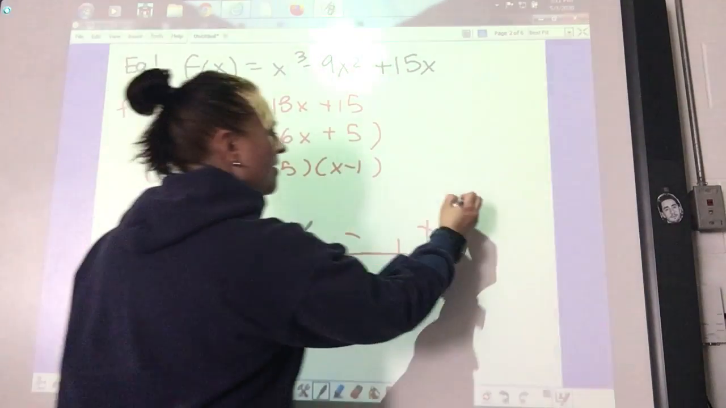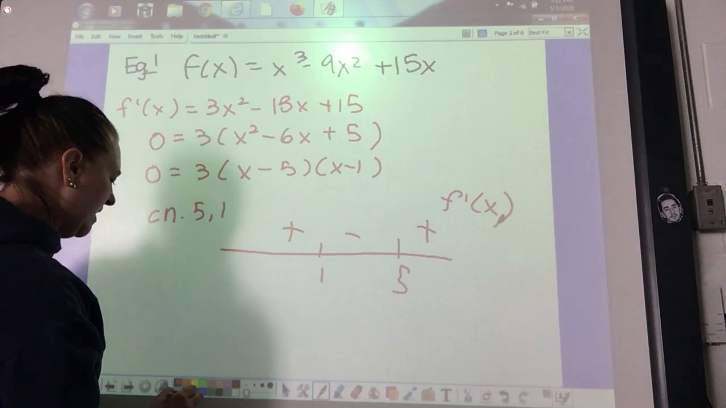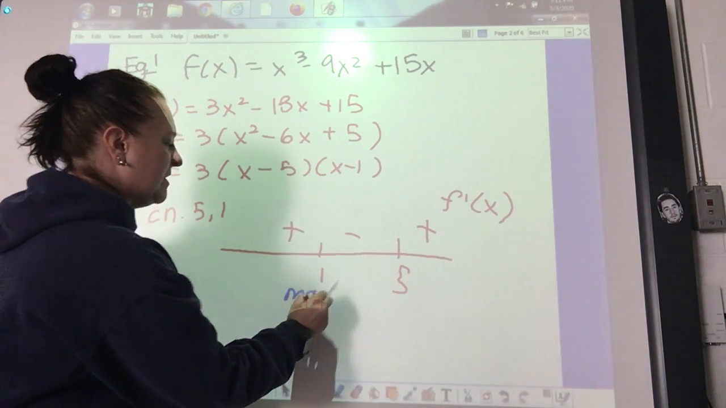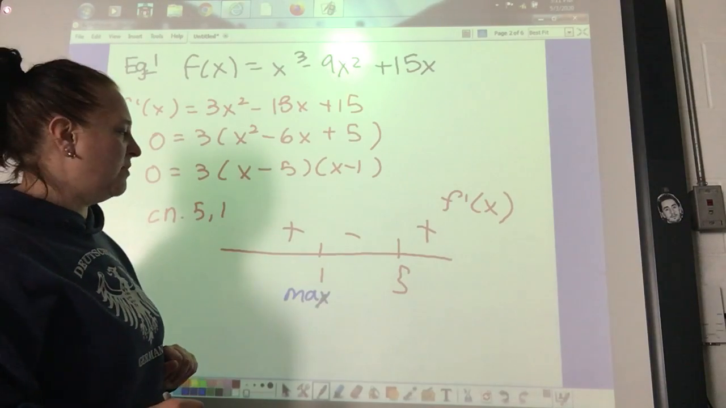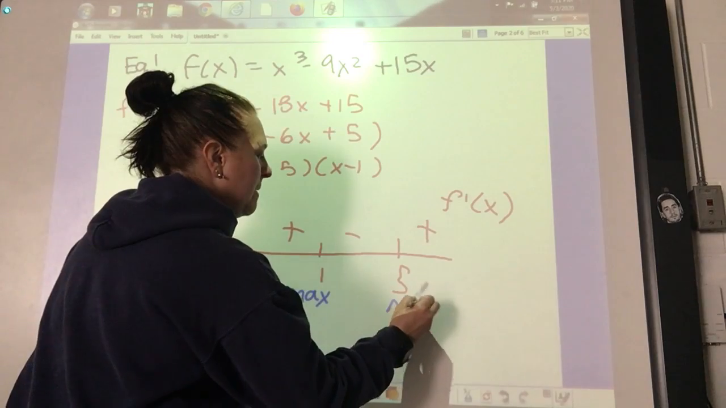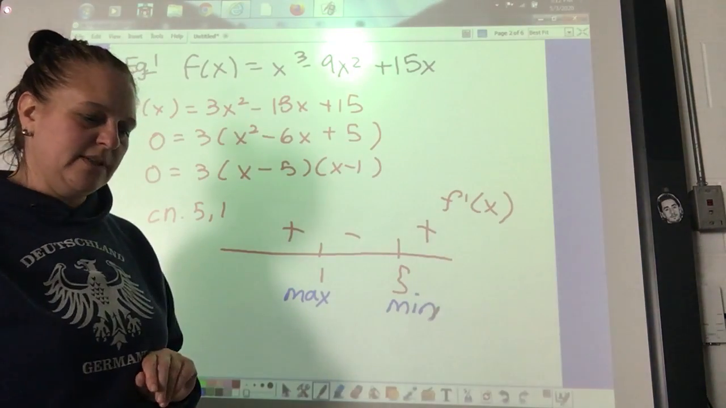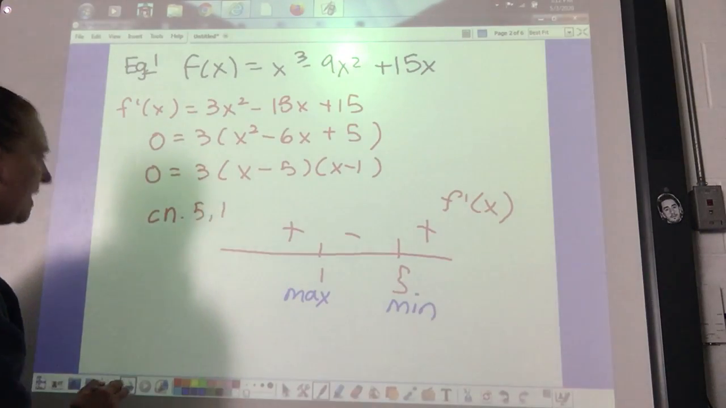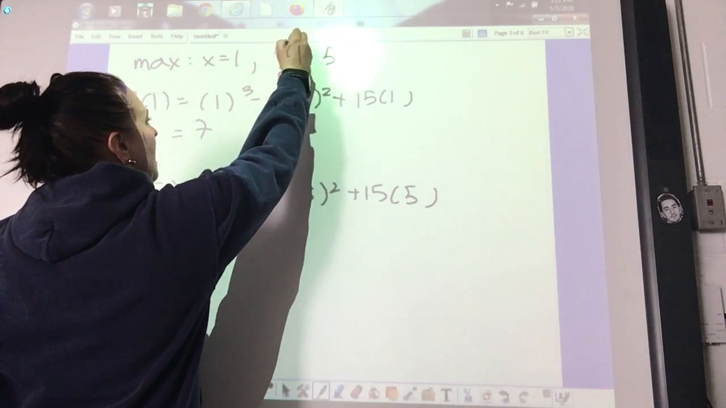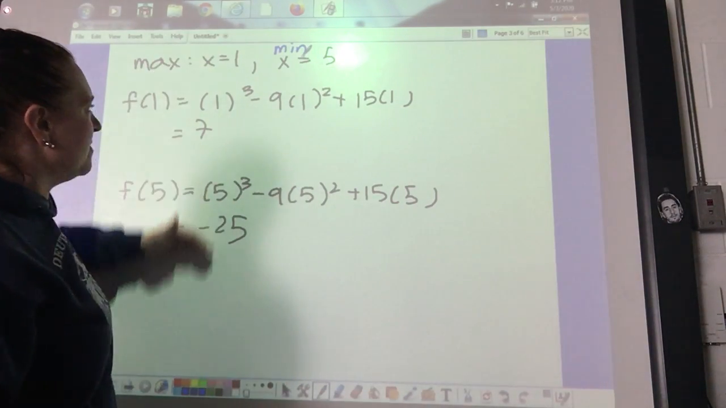Okay, so this is our sign diagram for the first derivative, and this is where we get our min and max values. So we go from positive to negative. Oh, we know that that would give us a max value. So we have a max where x equals 1. We're going from decreasing to increasing, so we'd have a min. So we have a max at x equals 1 and a min at x equals 5. Before I go to the second derivative, I'm actually going to solve for the corresponding y values now,